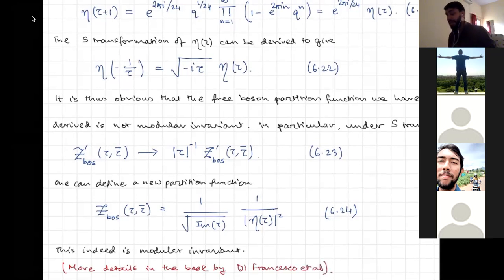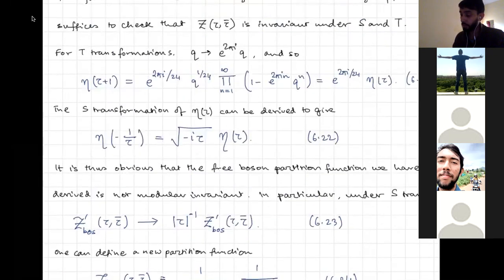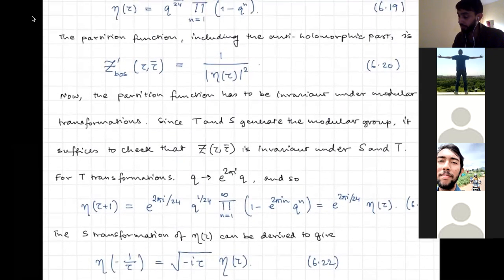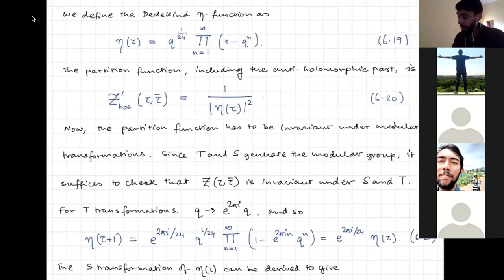But at least I wanted to give you a flavor of what is happening here, and you see that you need to make sure that your partition function is actually invariant, okay? And sometimes you'll get some extra pieces which you need to actually put into the game. Okay, very good. So this was what happened for the partition function for a free boson,